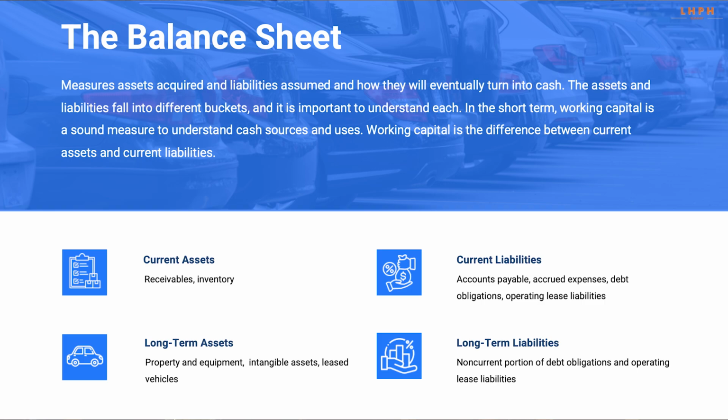There's current assets and current liabilities, and there's long-term assets and long-term liabilities. These aren't all the same. Current assets and current liabilities normally show us over the next 12 months what items are going to turn into cash. Current assets are things like receivables, cash itself, inventory potentially. We've got current liabilities such as accrued expenses, accrued payroll, those types of items.